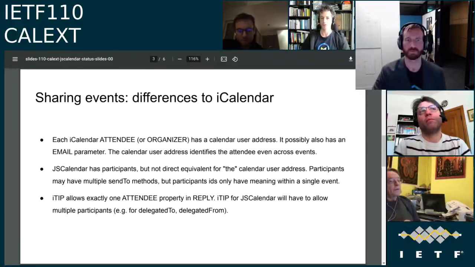And the moment we have two entries in the sendTo, we don't want clients to come up with different mappings, because then it all breaks apart as long as iCalendar is still around. I guess it will be for a long time. Yeah. So we need to define some standard mapping.